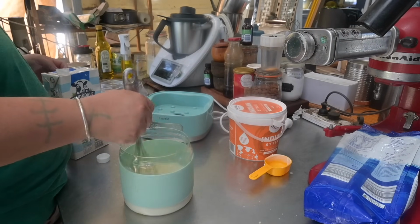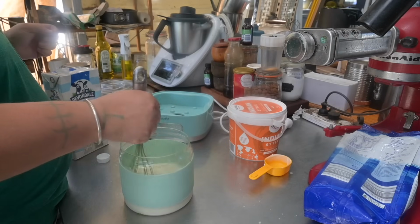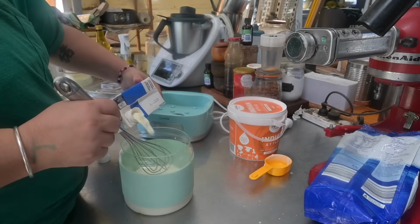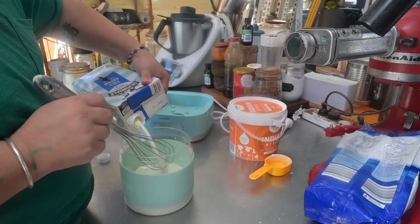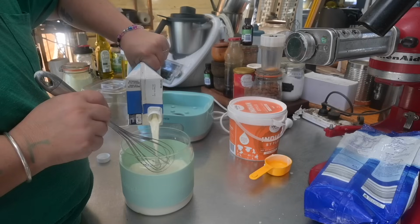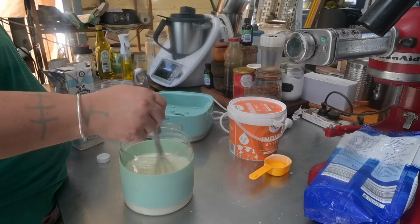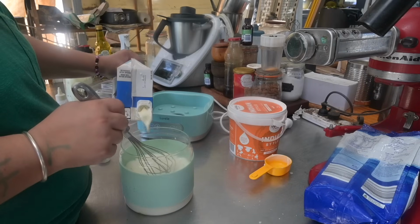I use UHT milk because that way I don't have to denature the milk. I don't have to heat it and then bring it back down to temperature. So UHT milk, being shelf stable, works perfectly for us. And put it all in the jar. I use 75 to 100 grams of milk powder to help thicken it,